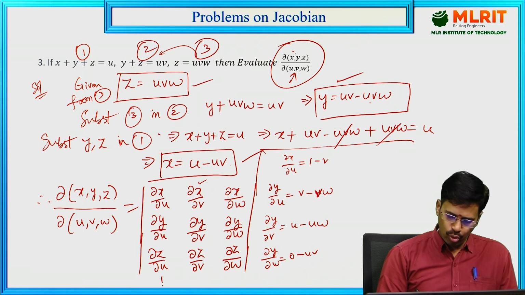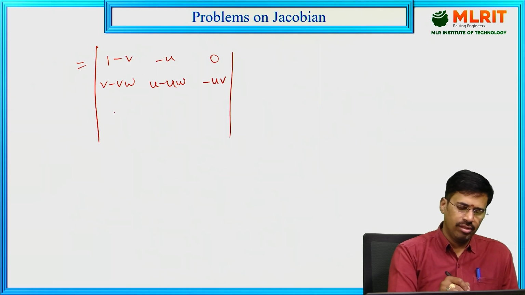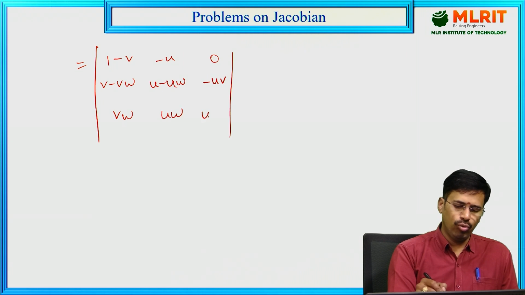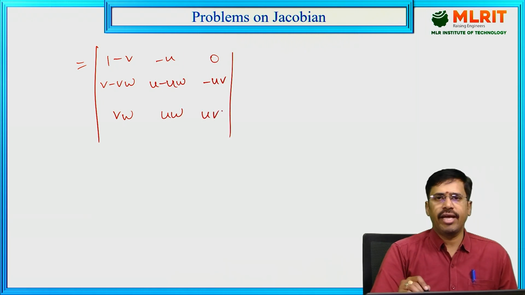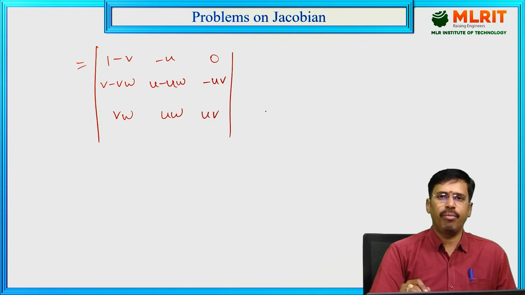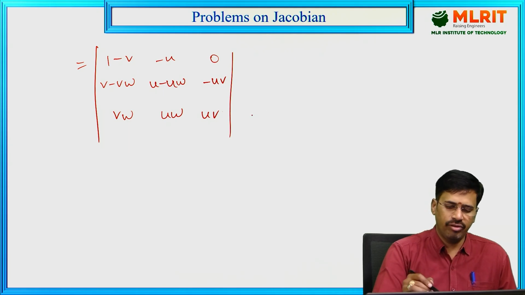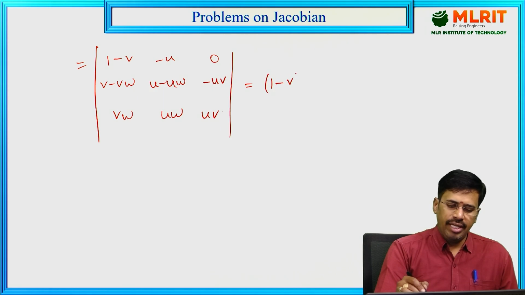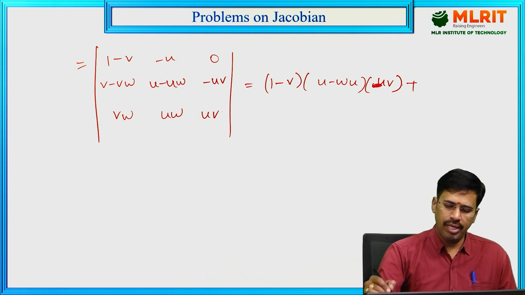Next, ∂z/∂u is vw, uw, uv. Now let us expand this determinant, so we will be getting the answer for the given question. This can be written as 1 minus v into u minus uw into uv, minus of minus plus